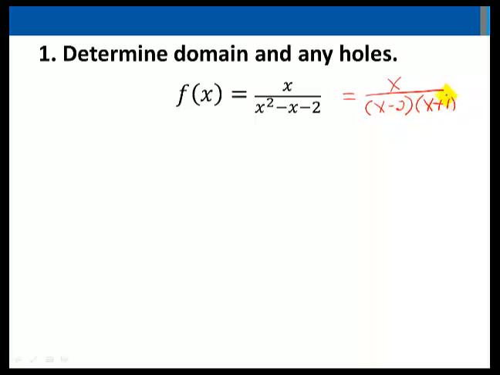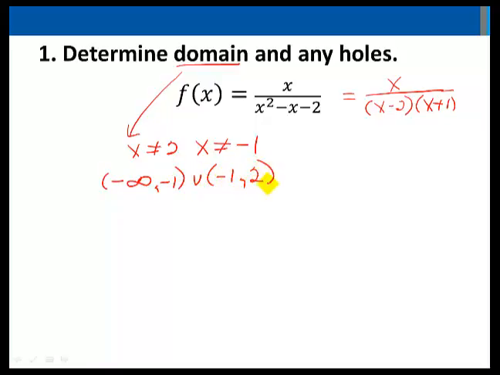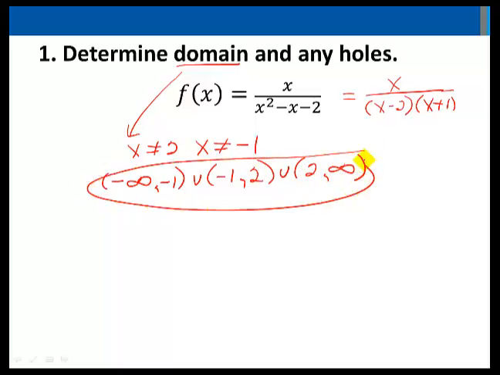As far as the domain goes, we want to make sure we don't have any zeros in the denominator. So for the domain, x cannot be equal to 2 and x cannot be equal to negative 1. That gives me a domain of negative infinity to negative 1, union negative 1 to 2, union 2 to infinity. There are no holes in this graph. As we can see, there are no factors common to the numerator and denominator, so I'll move on to the